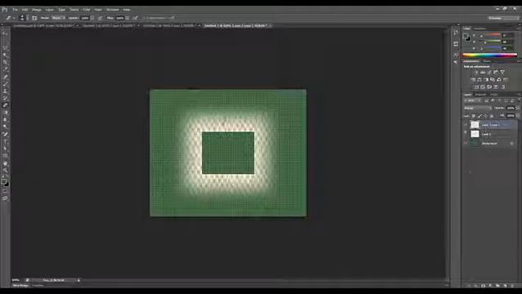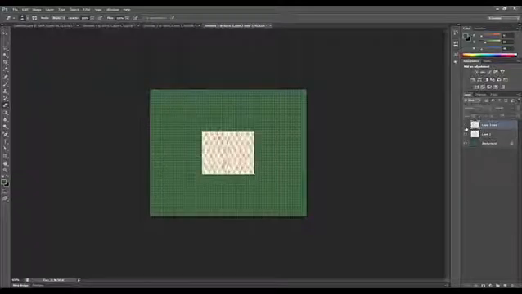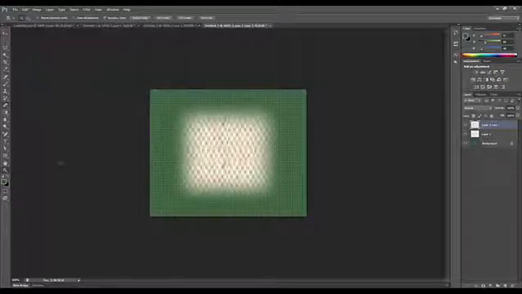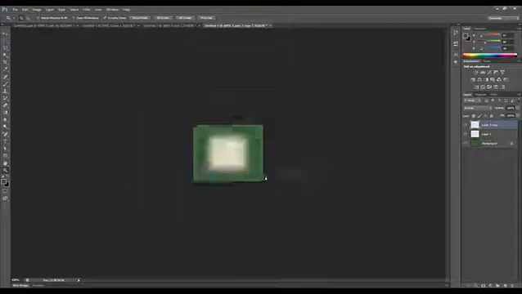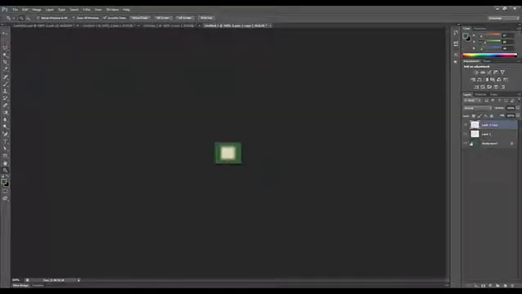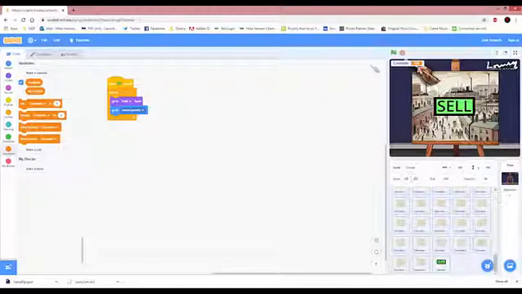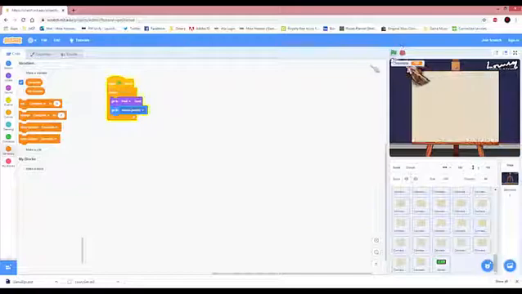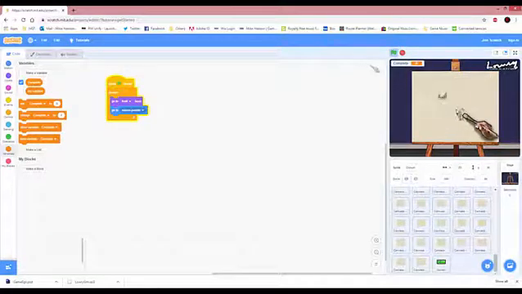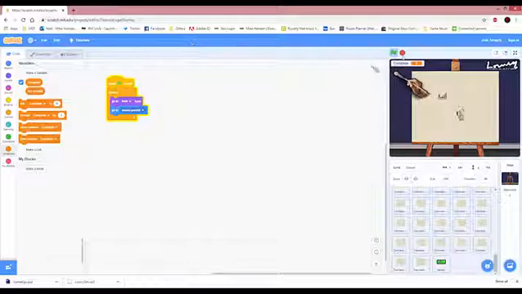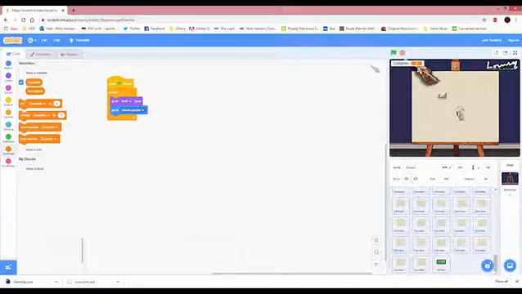So there we go. What we've got now is a tile surrounded by a fade. Now I haven't tried this in my copy of the game yet, but that creates a nice soft effect, see it? And that fade effect will help those squares in Scratch. So it will help these squares look all soft. Now I haven't tried it yet, but I know it'll work, because I've done stuff like this before. So let's go back to Photoshop.